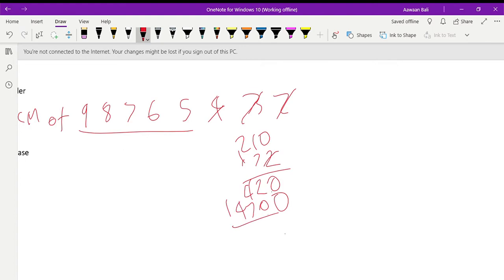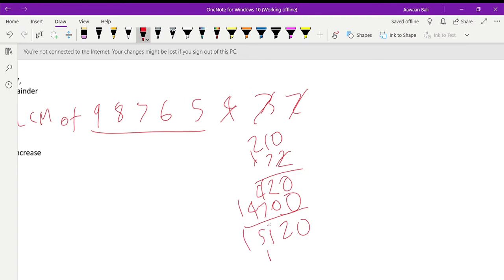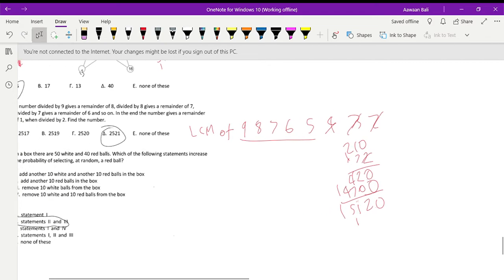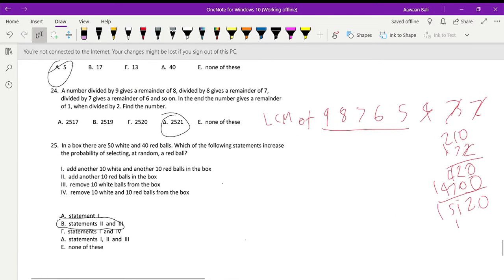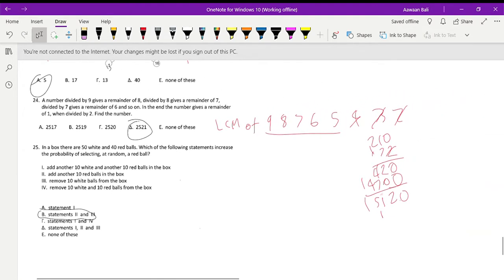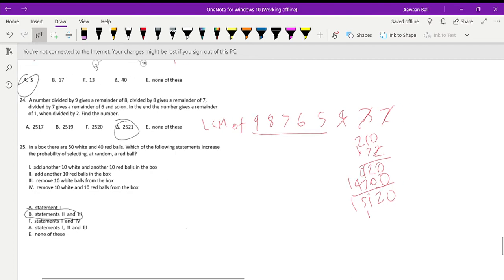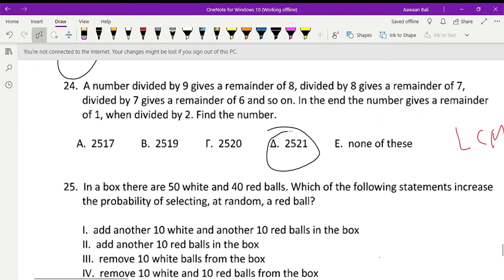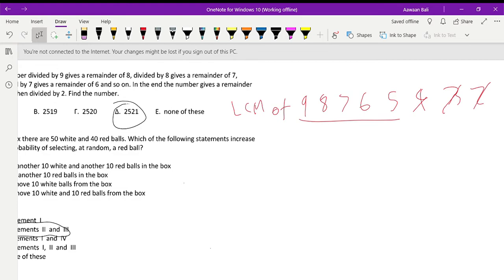And you get what? 15,120. Guess what? That is definitely not the number. To do this, you can basically just divide in a way. Actually, the easier way to do this is multiplying. Look at the numbers. You see that 2,520 is a common number. So what you could do